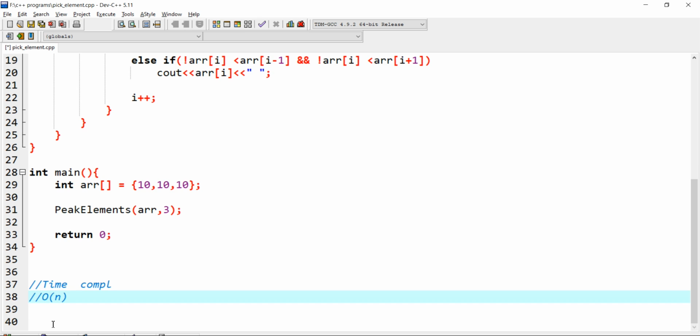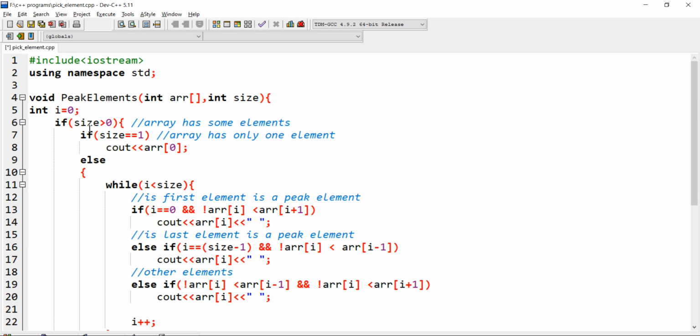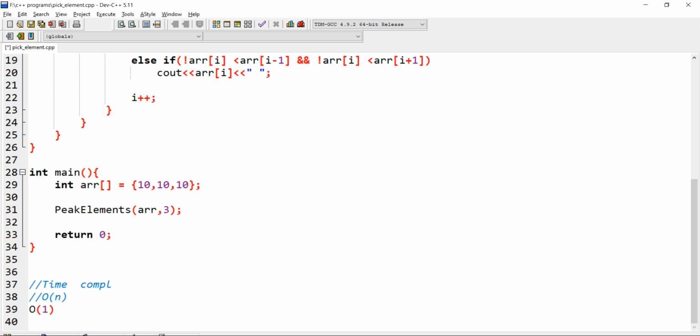And as we are not using any other space, the space complexity will be order of 1. We are using some small variables, let us say size, i, something like that. So in this case the space complexity is order of 1.